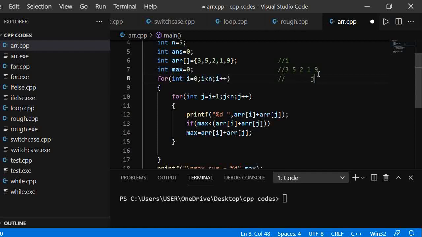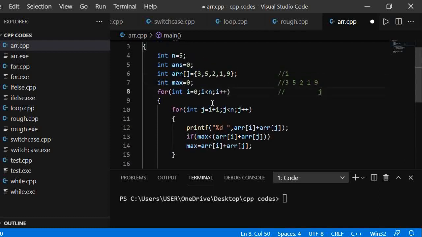Like this, j finally moves to this position. This is indices 0 1 2 3 4, so this is the fourth index, and n is 5 here. So j less than n becomes false once j becomes 5.